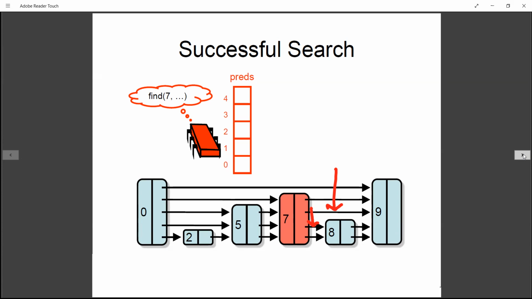Suppose I want to insert a node. Suppose I want to insert 6, how is that particular node going to be inserted? To insert any node, first of all, we have to find where the node 6 is going to be inserted. 6 is going to be inserted between 5 and 7. So in that context, we have to find